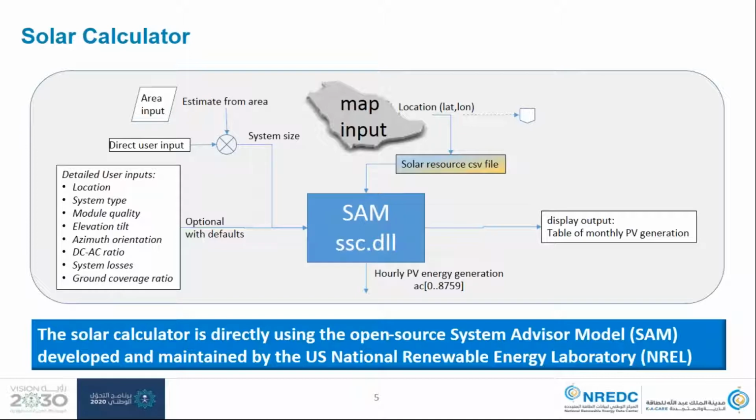And in principle, I think if you just do that, you can actually run the simulation and get all the results. But you can click on an optional inputs button and bring up all of the inputs that you would ordinarily use in PV Watts. They're made available here, and all of that information is packaged up and sent to SAM with the solar resource file that is supplied by KCare, and I'll talk about that a little bit more in a second. And then that information is passed on to the financial calculator.